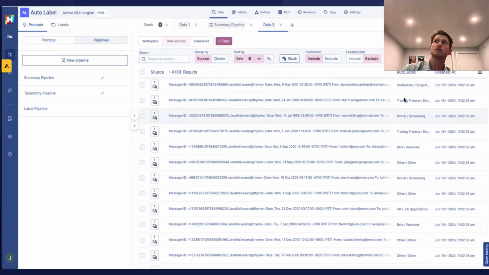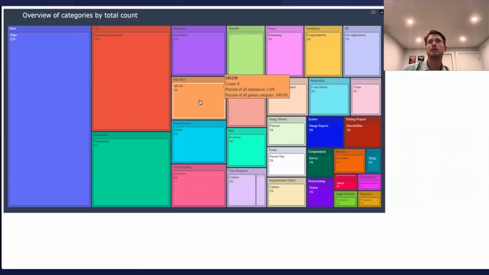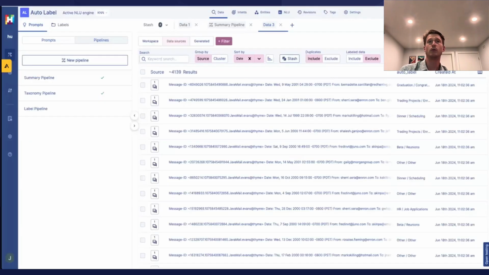So what I've done is I've exported this into a basic report and into a basic tree map that you can see, where we've taken the hierarchies and shown you how the different emails are classified. But you can do other kinds of reports as well on whatever kind of BI tool you might use within your organization.